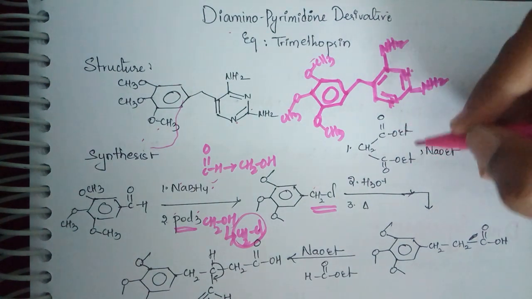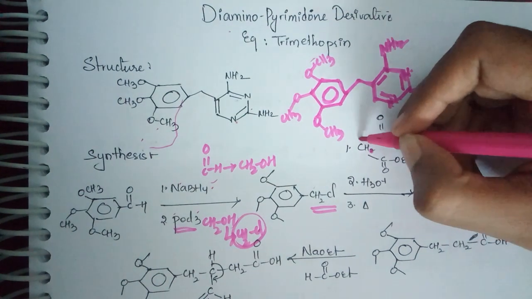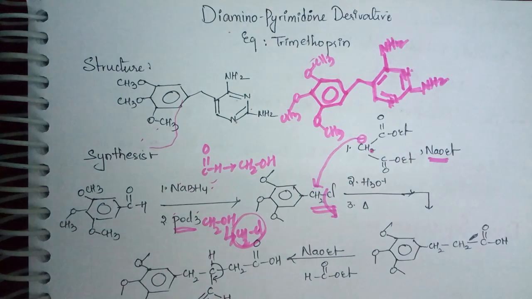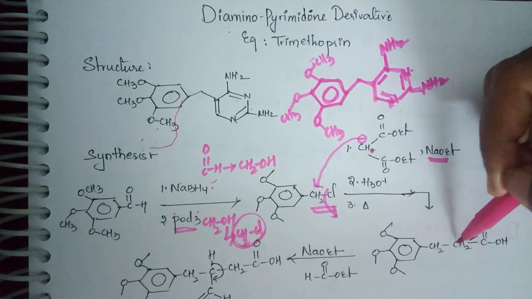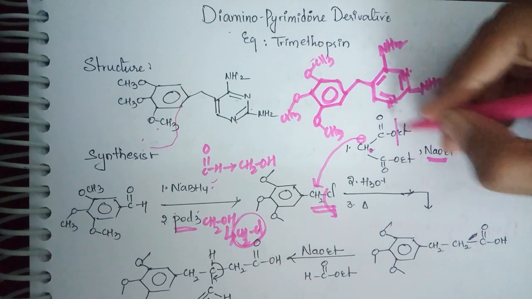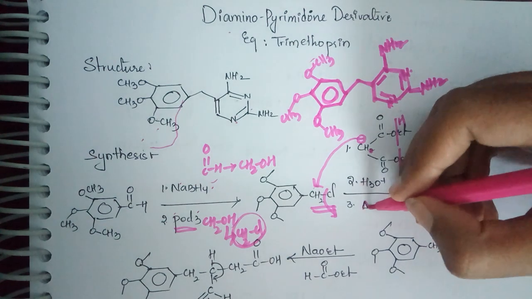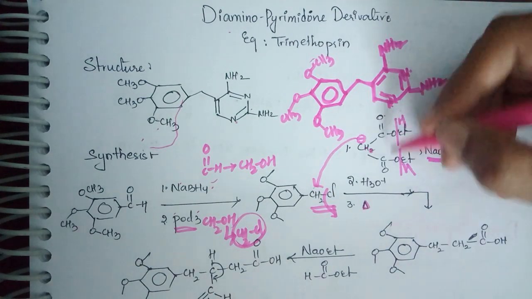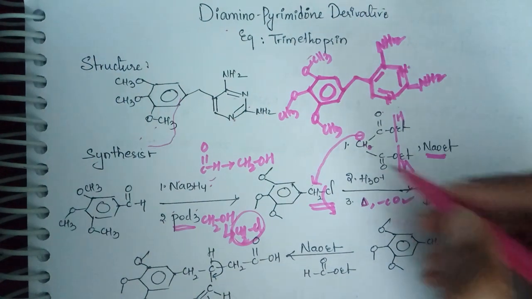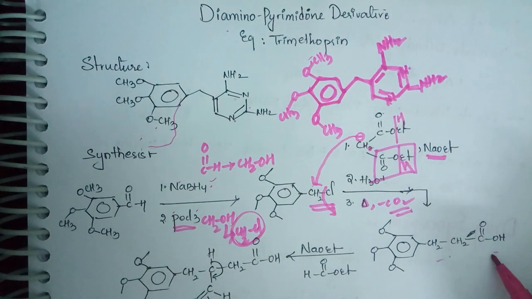This malonate, what will happen is, in the presence of NaOEt, one of the hydrogens is lost, you will get negative charge. This will go and attack here, removal of chlorine takes place. So you will have CH2, you will have this moiety. Later when you do hydrolysis, both esters will get hydrolyzed to acids. Again when you heat it, as one carbon having 2 carboxylic groups is highly unstable, one of the carboxylic acid groups is lost as CO2 and you will get this final structure.